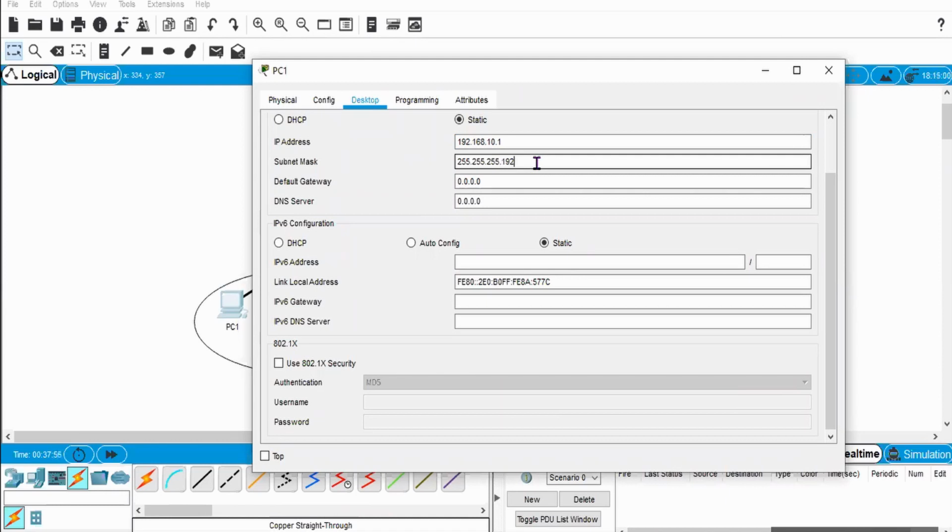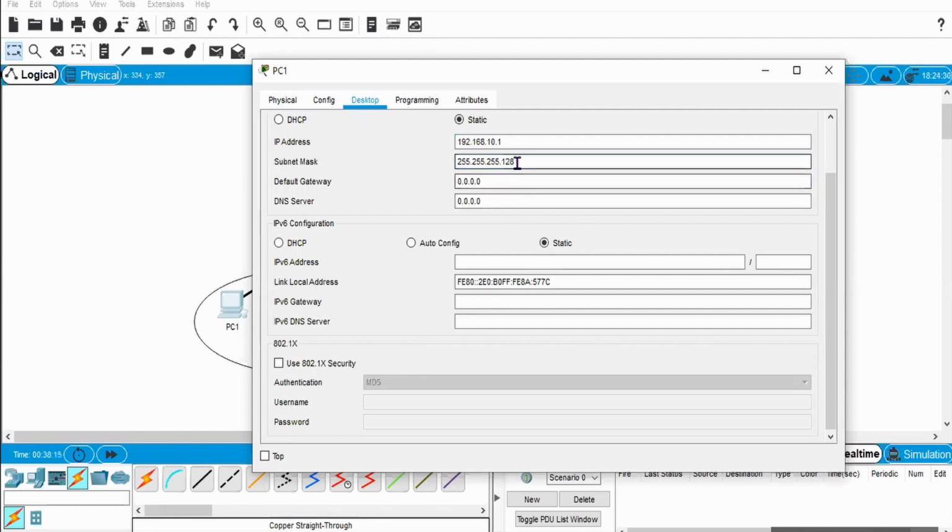In that case you need to write 192 and it will take it. Otherwise, in this case I am dividing my cluster into two parts, so that's why I am writing 128. And if you are not writing any valid number here, it will show an error.